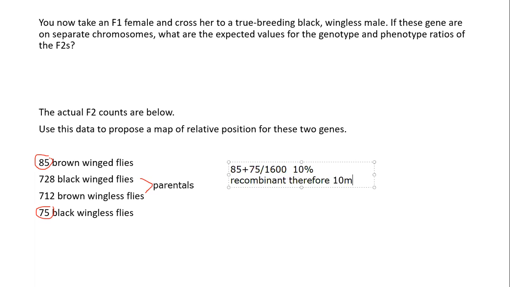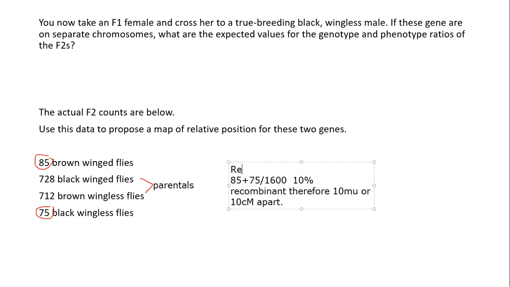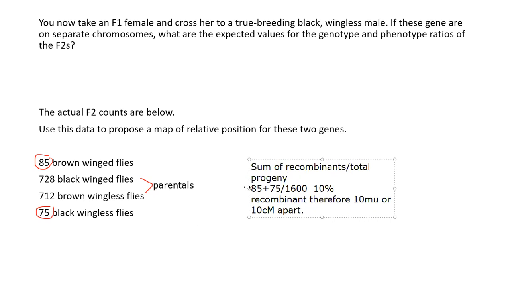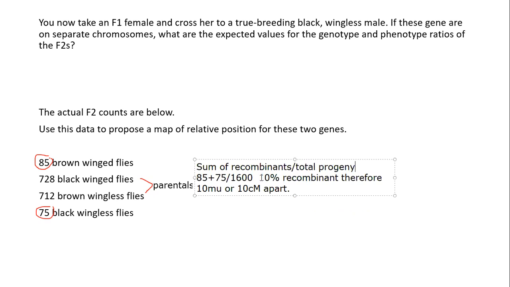Therefore, the genes are 10 map units or 10 centimorgans apart. So that's interesting, right? You do your recombinants, and maybe I'll just write that down up here. You take the sum of recombinants over total progeny, times 100 because it's a percentage. And then you turn that percentage into map units